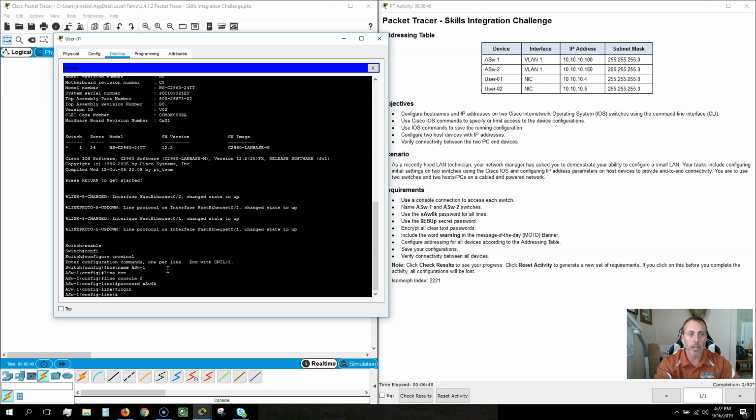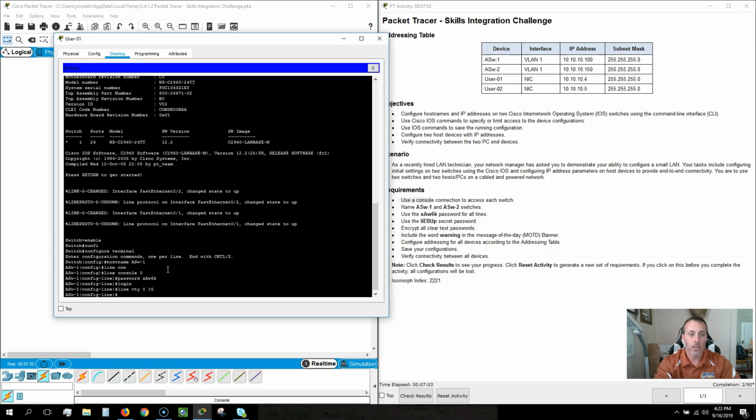So we're going to test that out here at the end. So line, spelled like it's spelled, VTY, and there are 16 ports, but it starts with 0, then space 15. That's 0 through 15, gives us a total of 16 interfaces. Hit enter. Same thing, password, and we're going to use the same password,